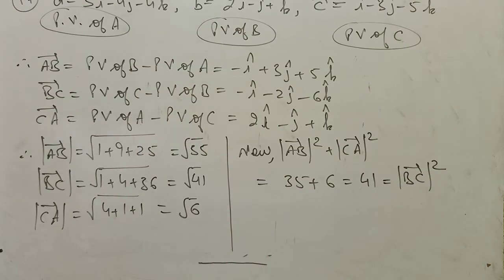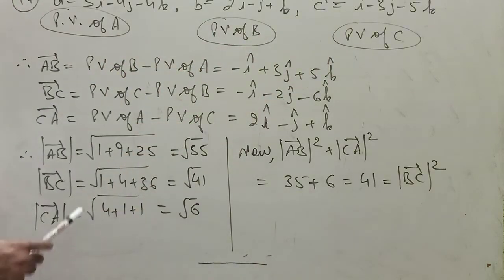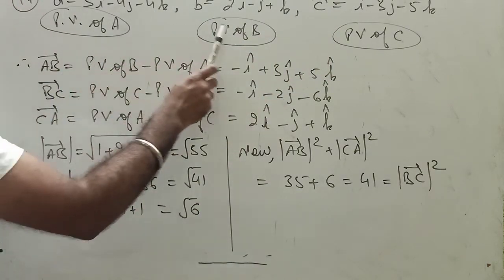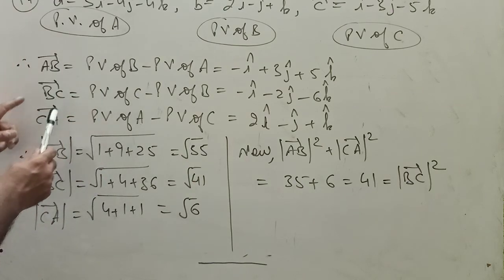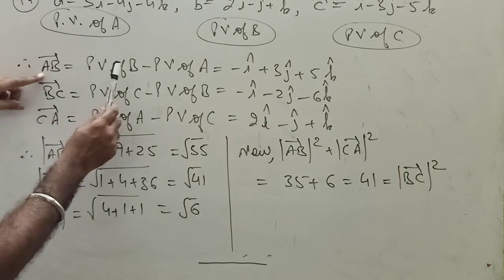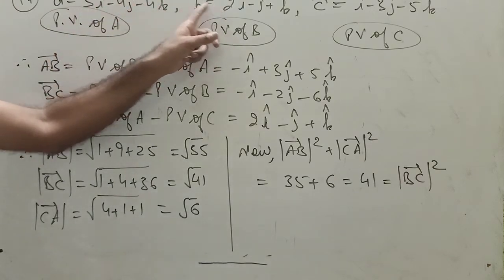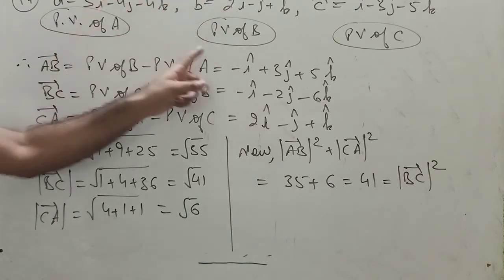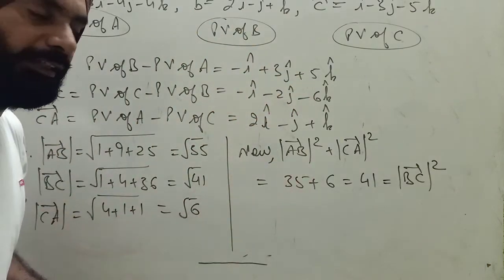Now let us take the 17th question. These are the three vectors which are the position vectors of the vertices A, B and C of triangle ABC. And we have to prove that the triangle is a right angled triangle. First of all, find AB vector, BC vector and CA vector. So AB vector is position vector of B minus position vector of A. You can easily find B minus A, 2 minus 3 is minus i cap, so this is AB vector. Similarly BC and similarly CA vector.